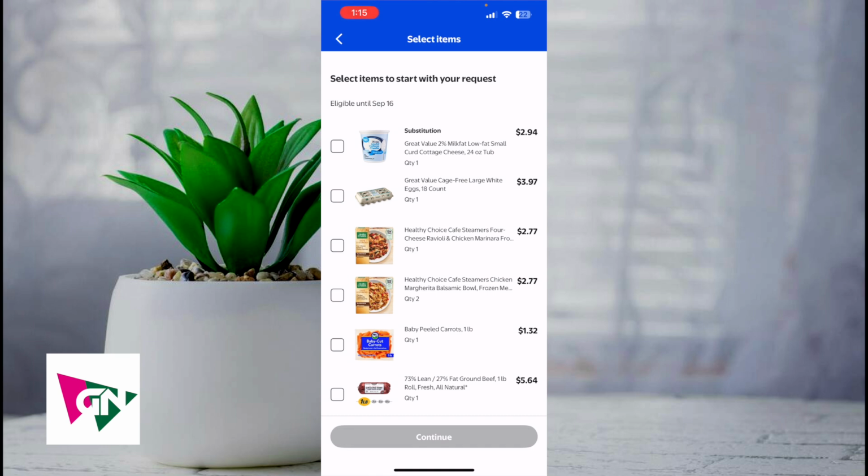That right there is the best and easiest way that I know of to actually go ahead and start a return on Walmart. If you guys know of a better or easier way to actually do this, let me know